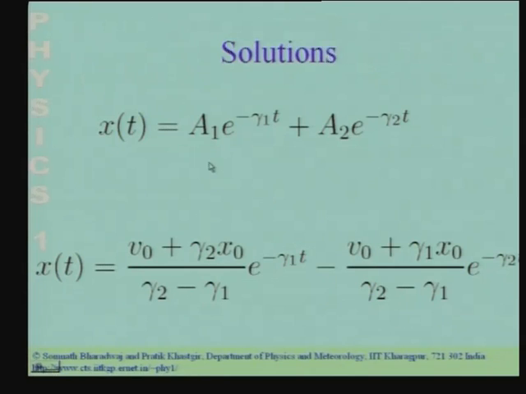You can do exactly the same thing for the overdamped oscillator. You can take the expression for x, set t equal to 0 and set it equal to the initial position x naught. Differentiate this, and you will get an expression for v. In that expression, set t equal to 0 and equate it to v naught. You can then invert these two expressions and obtain a 1 and a 2. I will not be discussing that explicitly here, but if you do the algebra, it is straightforward algebra.